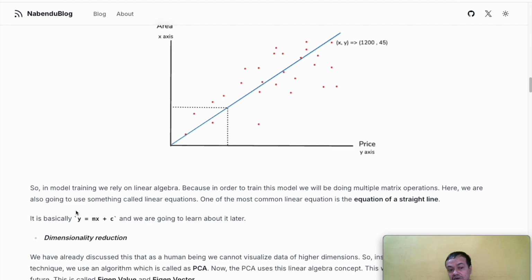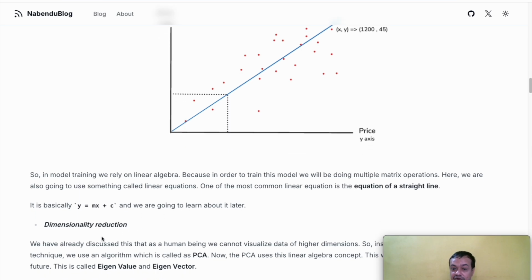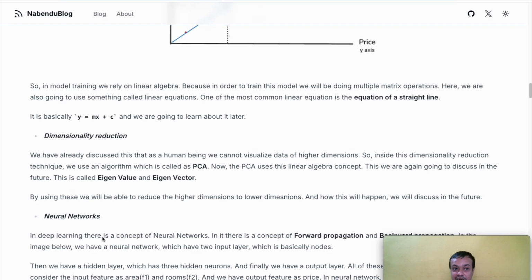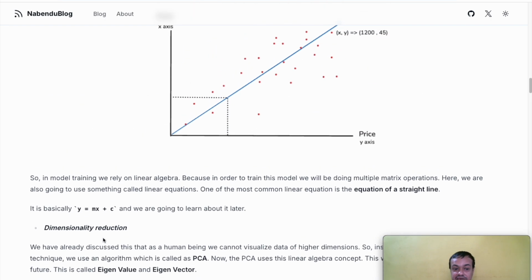There is a thing known as y equal to mx plus c, and we are going to learn about it later. Okay, so this is the equation of a straight line. That is something which we are going to learn about. So now the next thing is